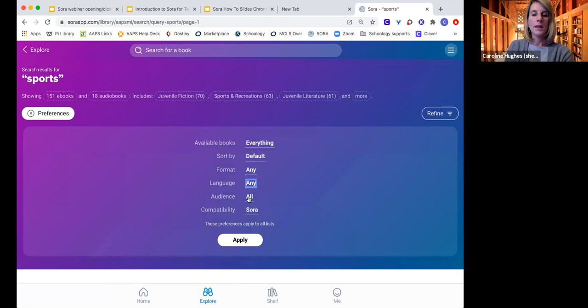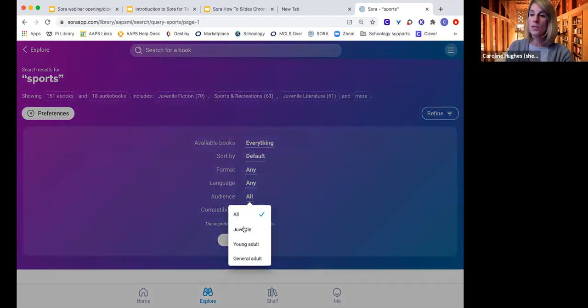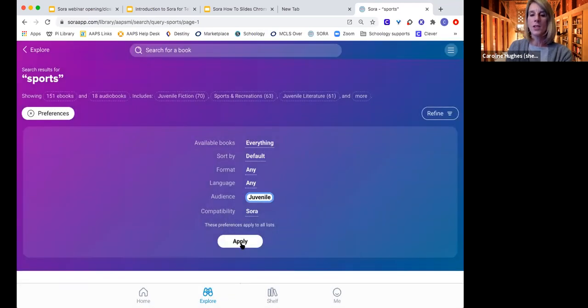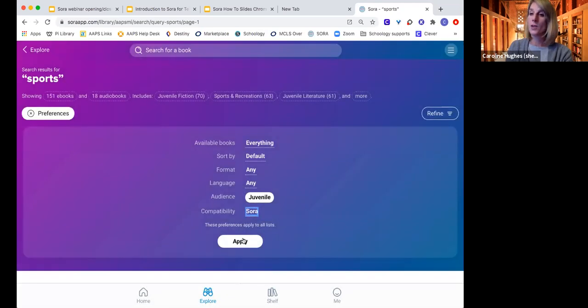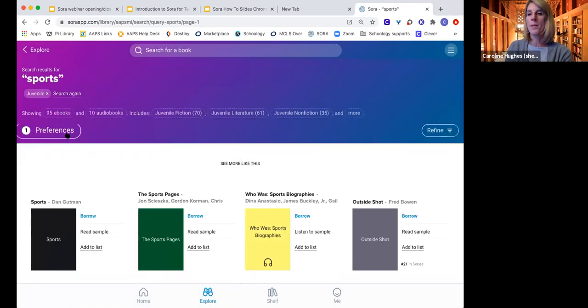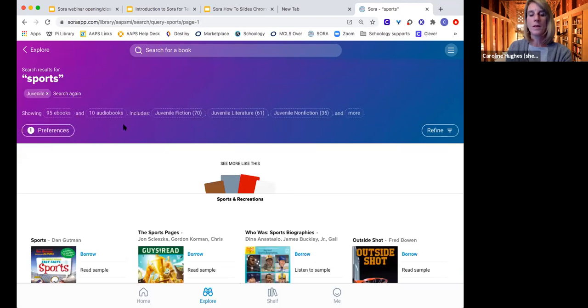And then here I have an audience. Juveniles, actually, these are publisher tags here, but I can see the children's selection here and do apply. If you have a Kindle, you can also sort to see Kindle books here. You just have to make sure you hit apply, and then you just want to remember that you have that preference on. The other thing I can do is when I've done a search, I can refine my results over here